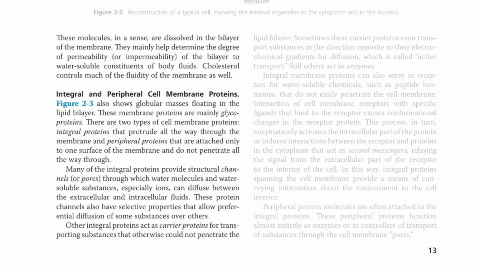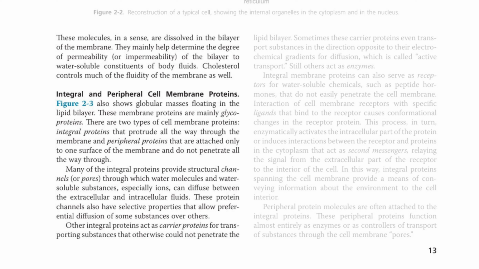Integral and peripheral cell membrane proteins. Figure 2-3 also shows globular masses floating in the lipid bilayer. These membrane proteins are mainly glycoproteins. There are two types of cell membrane proteins: integral proteins that protrude all the way through the membrane and peripheral proteins that are attached only to one surface of the membrane and do not penetrate all the way through. Many of the integral proteins provide structural channels, or pores,